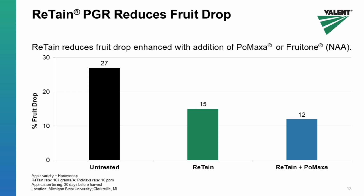Here's an example on Honeycrisp. Now, Honeycrisp doesn't drop as much, but can have problems there. And here we're looking at the percent fruit drop per tree, comparing the untreated to a single application of Retain, and then a combination of Retain and an NAA product like Pomaxa. And you can see Retain by itself is doing a great job in reducing pre-harvest fruit drop of Honeycrisp. And then in this case, the combination of Retain and Pomaxa is giving you a little incremental more control in